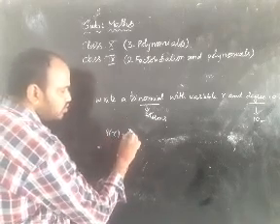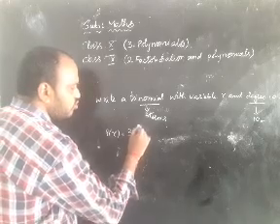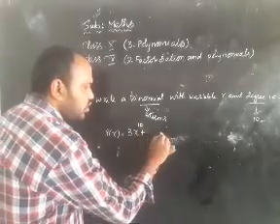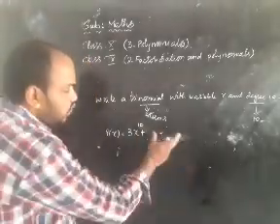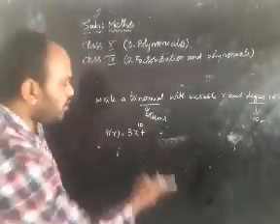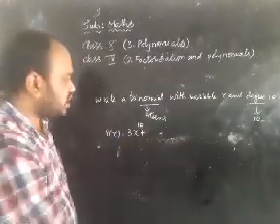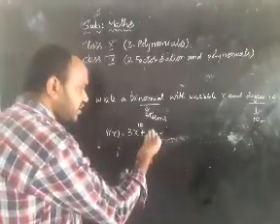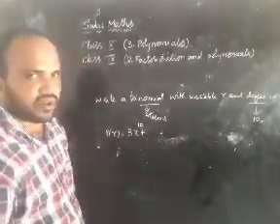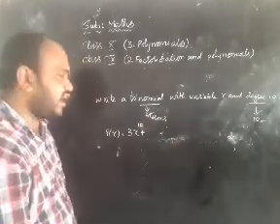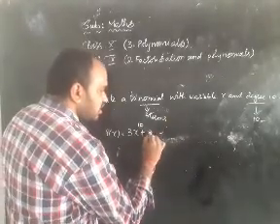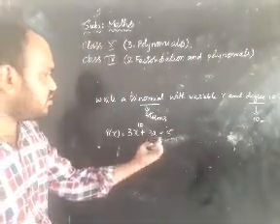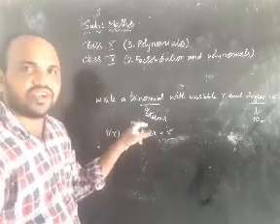P of x is equal to 3 into x to the power of 10. Okay, one term we have written. So other 2 terms are there. The 2 terms should contain powers less than 10 actually. So you can write x to the power of 9 here, or x to the power of 8, or x to the power of 8 and x to the power of 7. We can write anything here. So 3x plus 5. It is a trinomial. 3 terms are there, and the highest degree is 10 here.